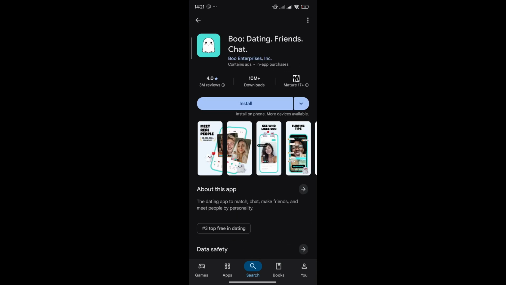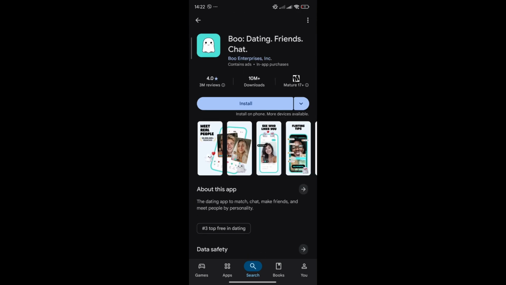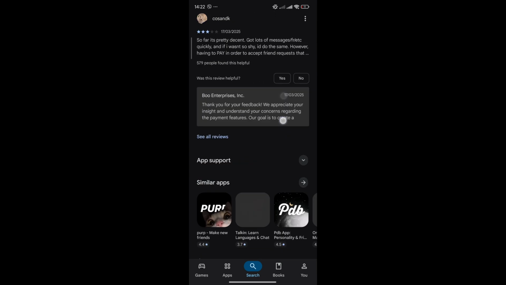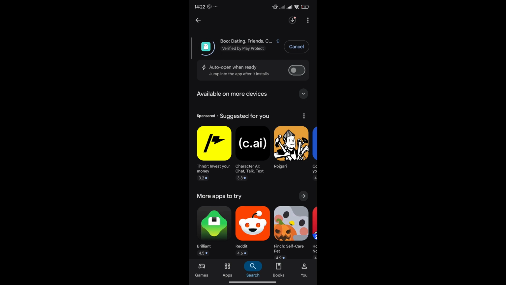So you can just simply click on it for more information, scroll down for reviews and much more, and then just simply select install right here if you want to, and you can just also see reviews and similar apps as well. So once you have to install, your installation should begin just like this right here, and it should